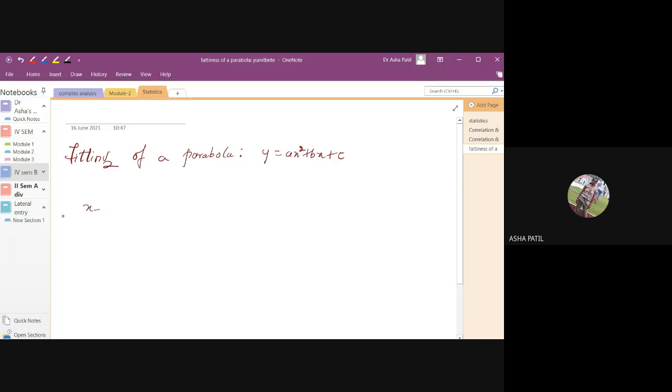we write y square equal to 4ax as a parabola, right? If the vertex is shifted to (h, k), then we know it is (y minus k) whole square equal to 4a into (x minus h). Or I'll write the other parabola, so that we get x square: (x minus h) whole square is equal to 4a into (y minus k). This is your parabola x square equal to 4ay with vertex at (h, k), right?